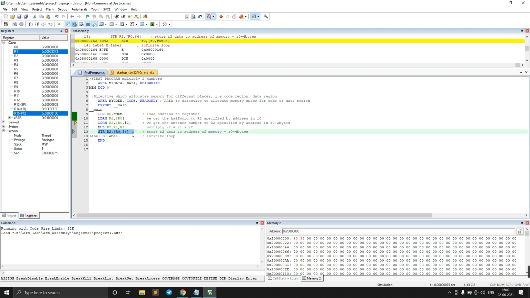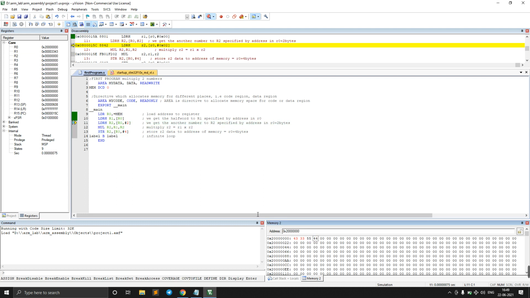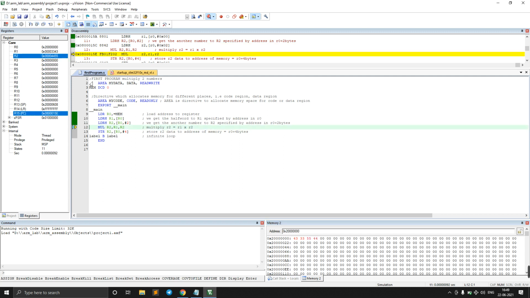So here you see, if I give some values here, 55 and 44, and run this, here you see 55 and 44. That means I'm doing ldrh, taking the higher part after these two.